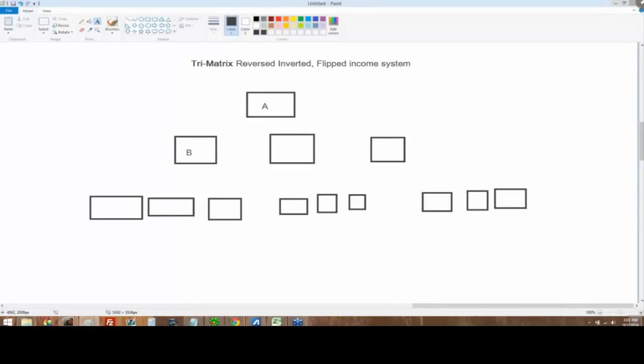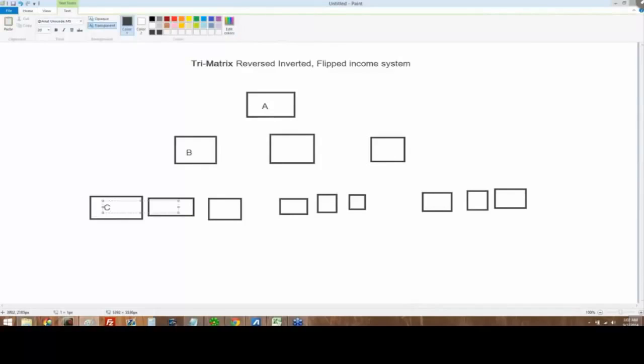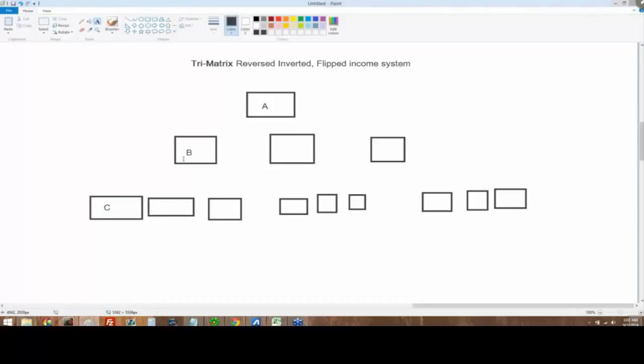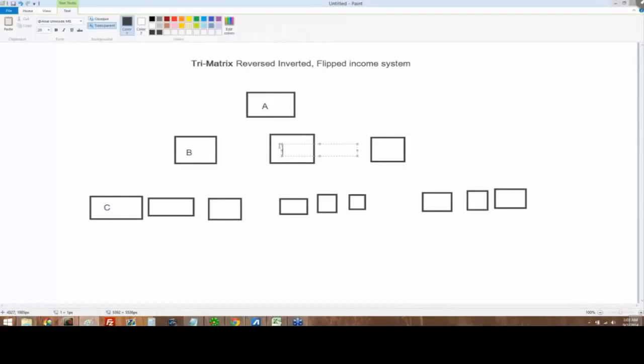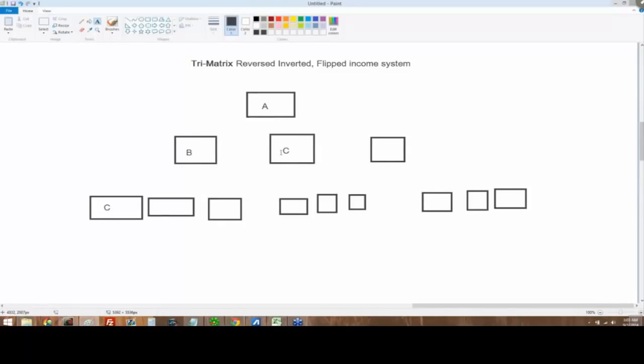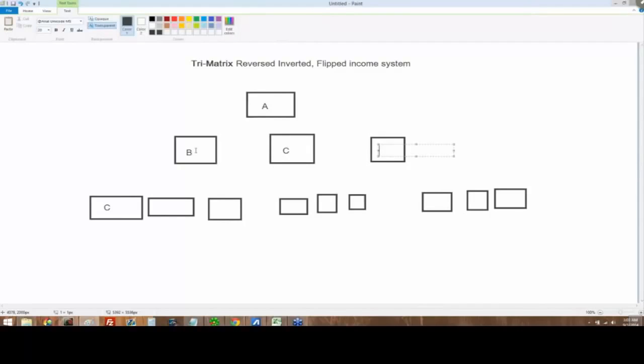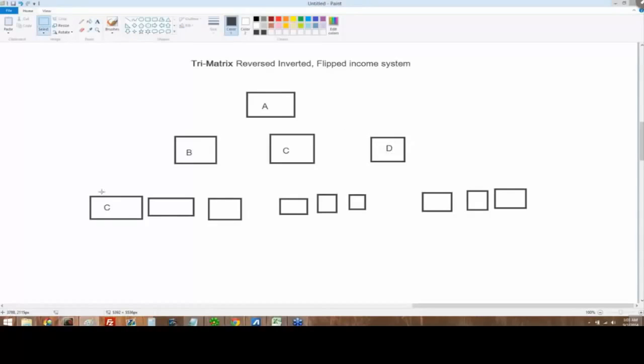Now, in the common sense systems of the world, or the used and abused and often redone systems of the world, when B refers C, C goes in this position, right, under B. But in Options Domination, what happens is that C, instead of going under B, goes in the next available spot in the company, which happens to be here. It's not under B, it's actually the next open spot in the company. Then let's say that B also refers D, and then D goes in the next available spot in the company. Just follow along. If you're an affiliate, some of you might grasp this a lot easier if you have a history of working in companies.